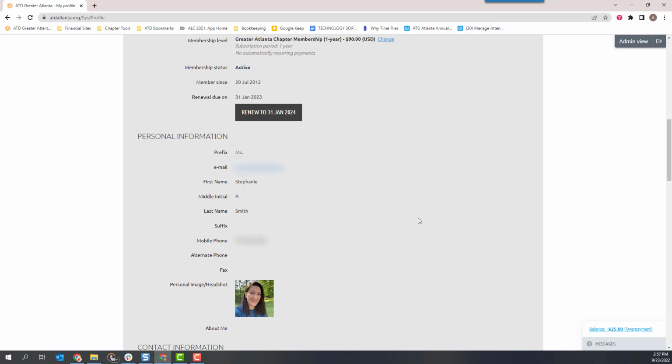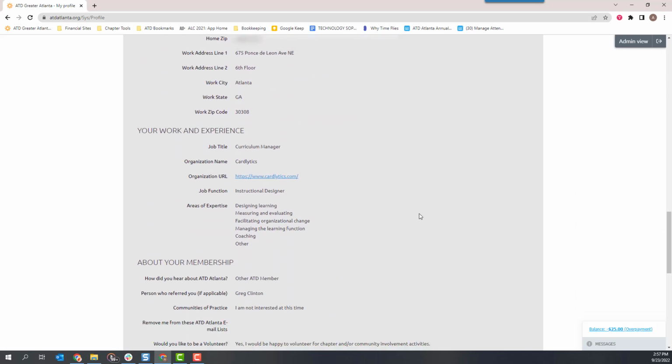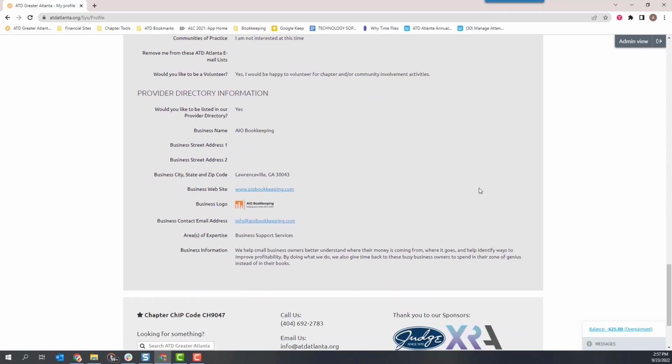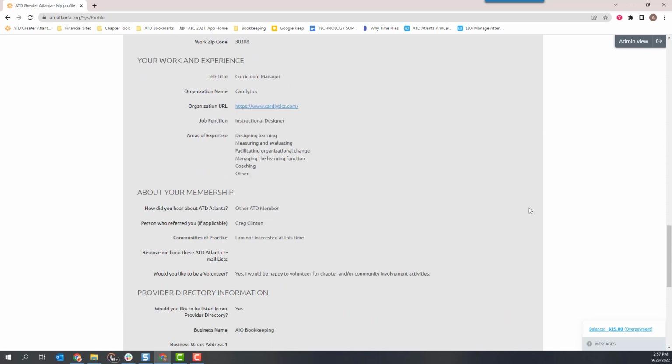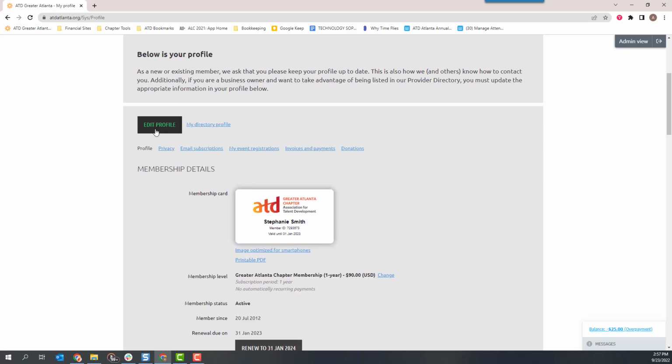You can see your personal information, your contact information, any work experience, additional information, and then if you happen to be a business owner, you can put your information in our provider directory, and you'll see that provider directory information down at the bottom. So to edit any of this information, you're just going to click the edit profile link